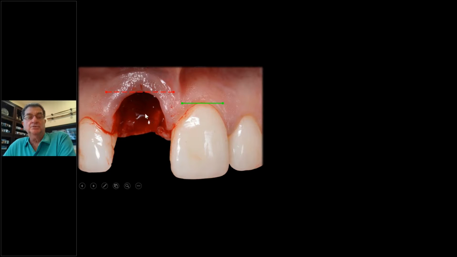But they got palatal tissue, and you got the proximal tissue. And so we got rid of the implant, and we got rid of the tooth. That's the key. You got palatal tissue and you got papilla height. And that combination lets tissue come down and we'll form a new ridge.